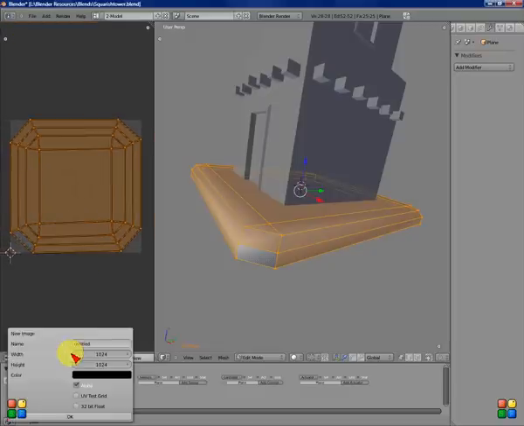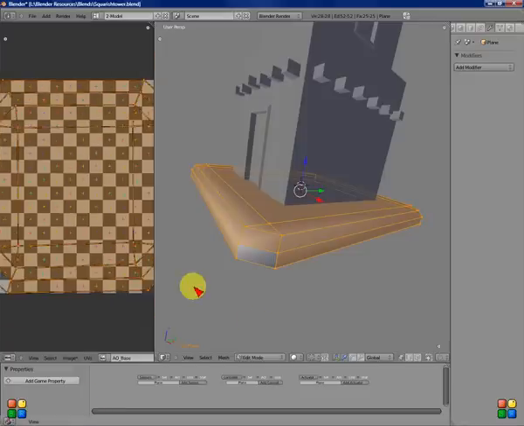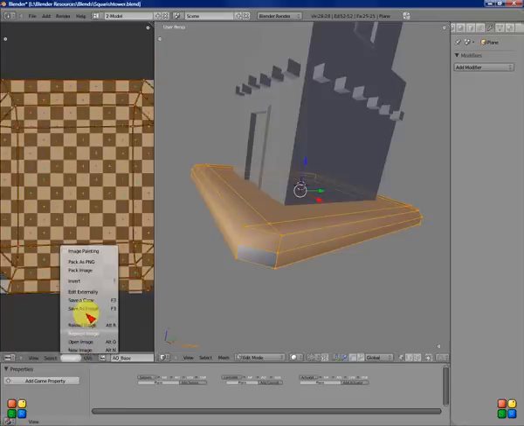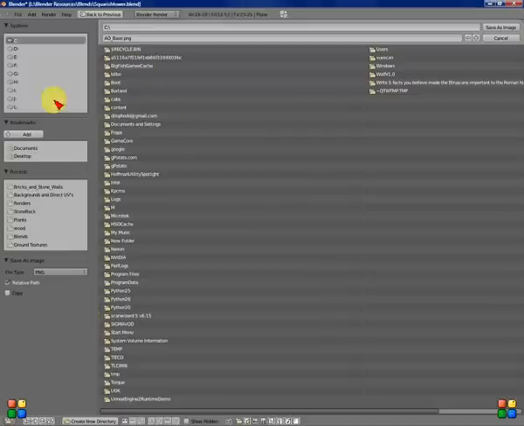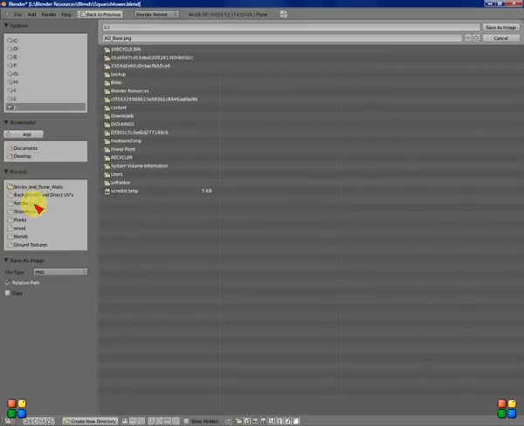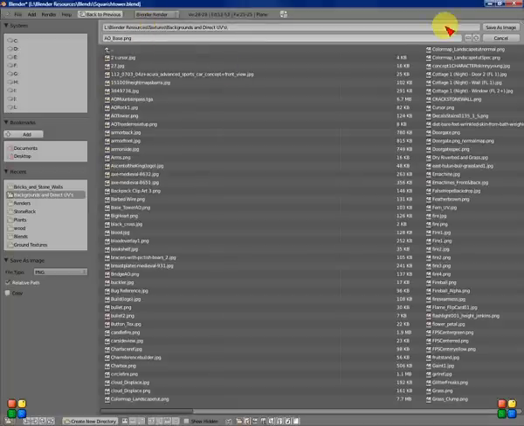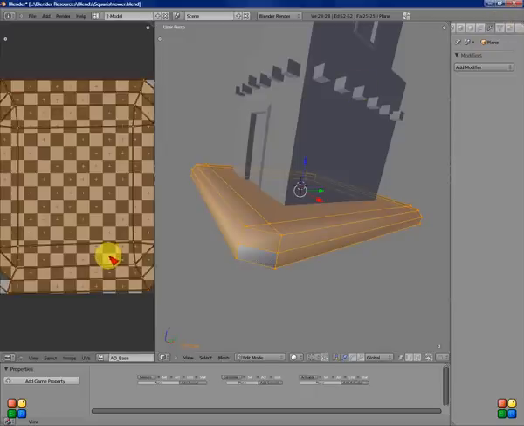Alright, so image, new image, call it AO base. I'm going to make this thing like 512 by 512. We don't want it too detailed. For now I'm going to have it be a UV test grid just because I like to see how that's unwrapping. And I'm going to save this image, save as image, L. I'm going to save it as AO base, just like it's called. And now,